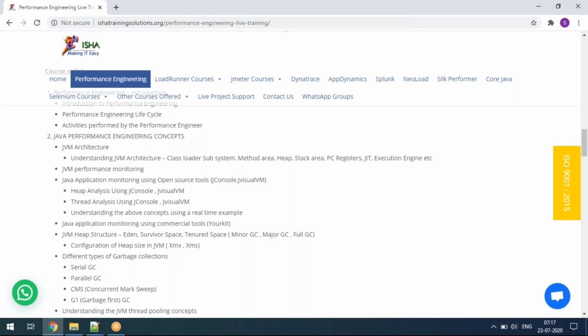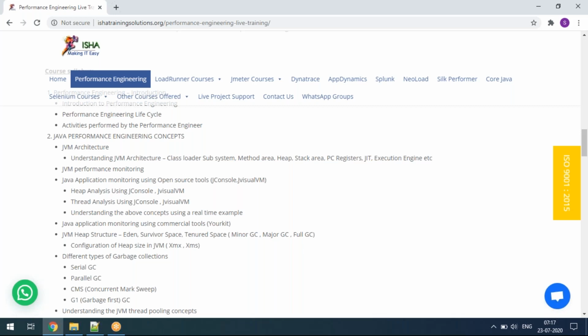Those understanding we are going to get it. Say if I'm triggering a thread dump, how I can identify whether it's a daemon thread or non-daemon thread, which is actually using the user activity, which is currently running, which is currently waiting, which is currently blocked. Like that, we are going to have a thread dump understanding.